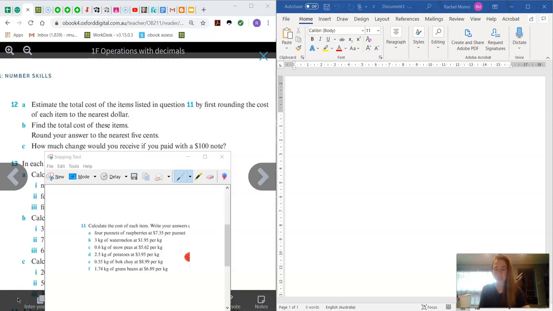Hi team, so we're going to continue working through operations with decimals. We're looking at more multiplication and division at the moment, and then we're going to quickly jump into best buys, and then we're going to come back to this multiplication and division. But what I want to work through now with you is